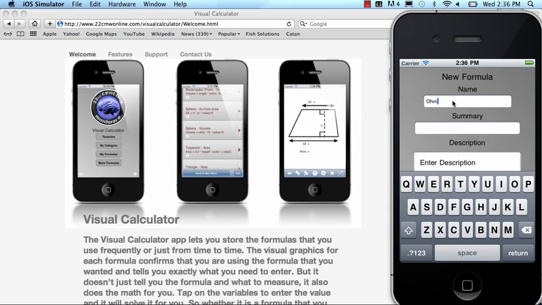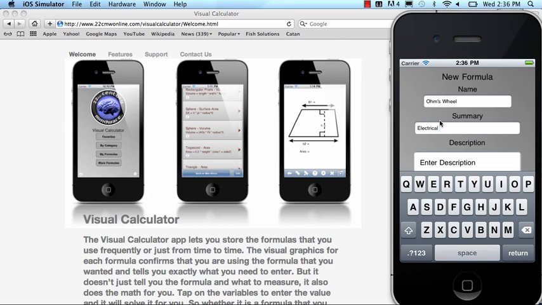In this case, it's Ohm's wheel. This formula is already available for purchase and download, but I'll still go through the creation of it just to help and show the functionality you can add to a formula. So we have the formula name, Ohm's wheel, quick summary,